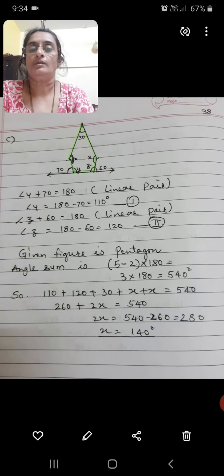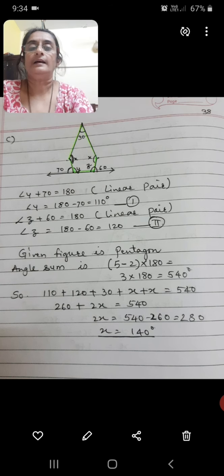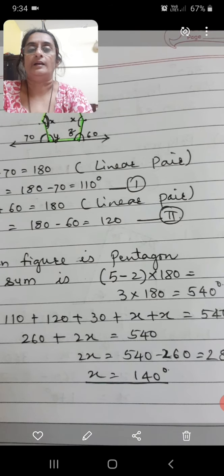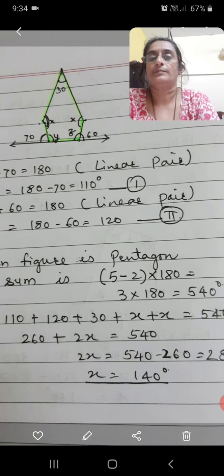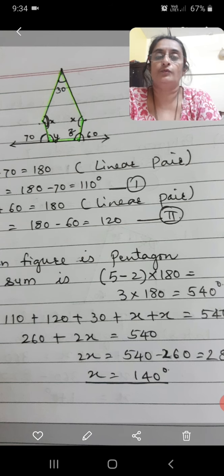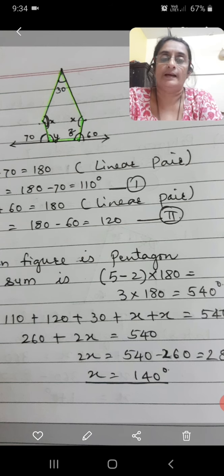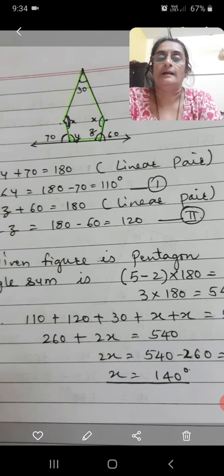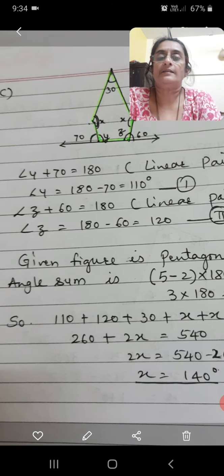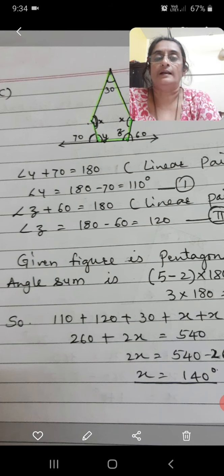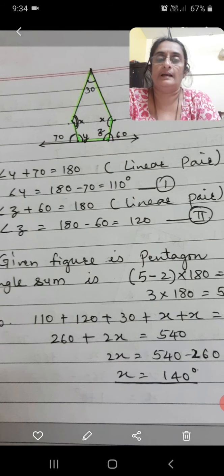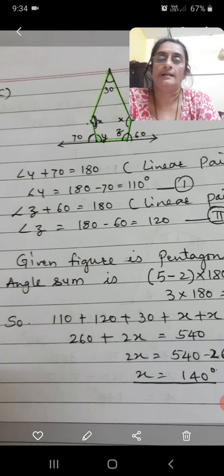Fine. Let us go to the next one, that is C1. There the figure given is a pentagon. Can you see it? There are two angles given as x, one is given as 30, and the other two also you have to find out. So to solve for the value of x, let us find the base angles. Base angle 1 is given as 70, and angle y we have to find, that is an interior angle of that pentagon. So angle y plus 70 is equal to 180, because it is a linear pair of angles on one line. So angle y is equal to 180 minus 70, that is 110.